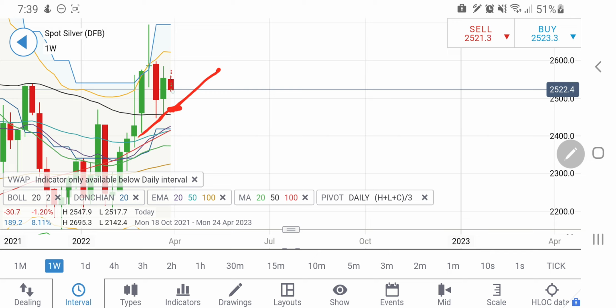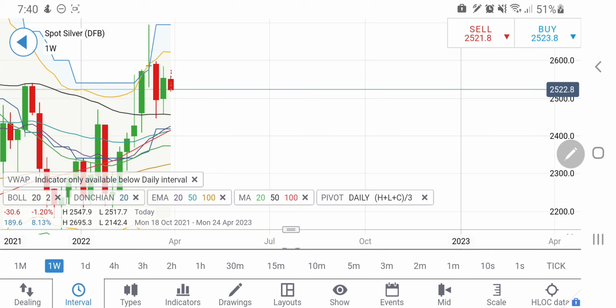If it continues to drop here, there is a strong support which will come into picture at the 2480, 2470 zone. I don't think it is going to break this, and look at this, it is also giving lower highs, and possibly it may try to consolidate in this zone throughout this week. Any breakout beyond 2560 is a very good indication that one can remain long on silver, and any breakdown below 2460 is a good indication that one can expect it to come back towards 2420 or 2400 levels.